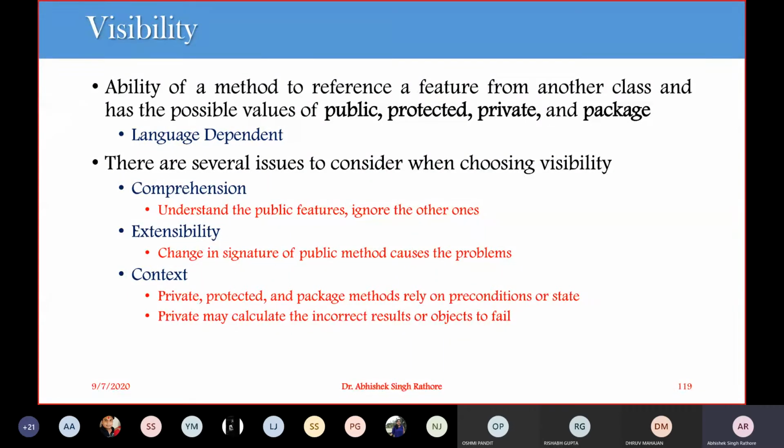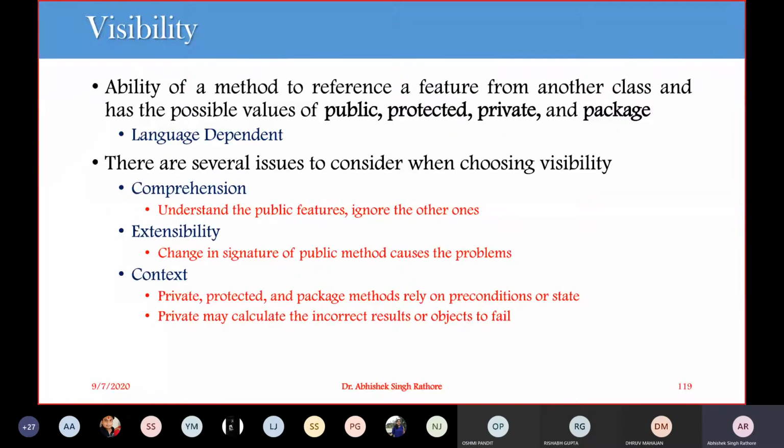So we have to start identifying the different features that should be used by other classes. So we have to make them public. It usually helps the extensibility of your projects. Why? Because at the first attempt we should include only the public features. So in the first iteration we'll identify these public features and we'll ignore all the remaining ones. Then we'll go for the extensibility.